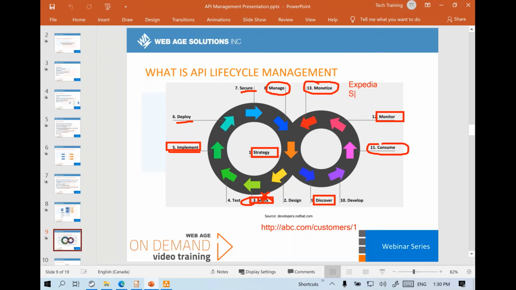Same goes for, let's say, Salesforce. Salesforce also offers lots of REST APIs, and they keep track of who's calling their APIs and how frequently you call them, and based on that, they have monetized their APIs. Same goes for Google Maps as well. So there are several companies who create their APIs and sell their data as a service, without ever letting you know whether they are using Oracle or SQL Server. They never tell us.